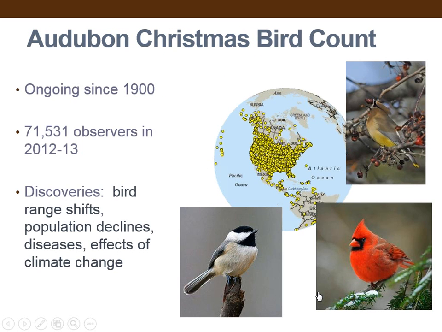And so in this instance, and you can see from the globe, all of those yellow pins represent locations where people made observations. What happens is people are assigned particular locations that they're going to go out and bird in December. So you're looking at resident birds in your area. For us here in the North Country, it might be chickadees or cardinals or waxwings. In other parts of the world, of course, it's going to be other species of birds. But it's not during the migratory season, and you're getting a sense of what birds are present in what numbers